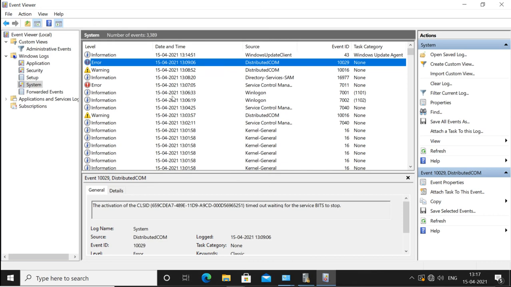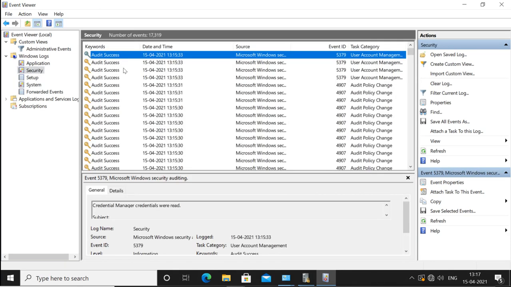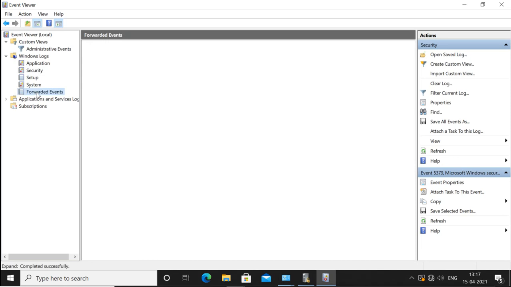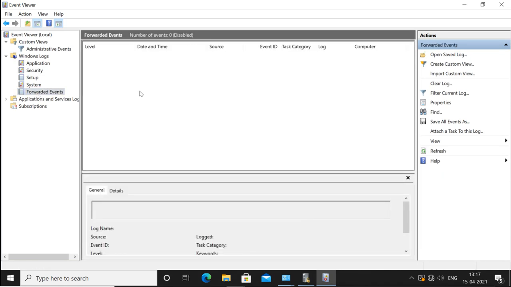When you enable auditing, the logs will come up here in the security part. In the security, these are audit access and audit success and failure logs. There is Forwarded Events also. Forwarded events means you can forward your logs to some other machine, and in that centralized machine you can see all the forwarded events. If you have multiple machines, to check the events of all the machines you would have to go to every machine one by one. So instead of going to every machine one by one, you can forward the logs from all those machines to a single machine, and here you will see those forwarded logs.